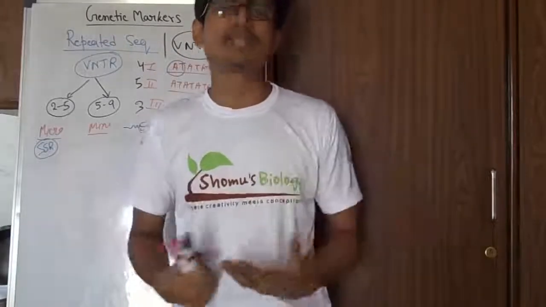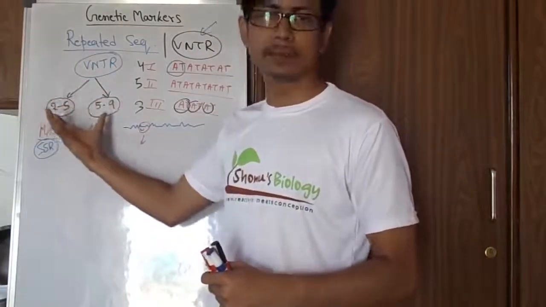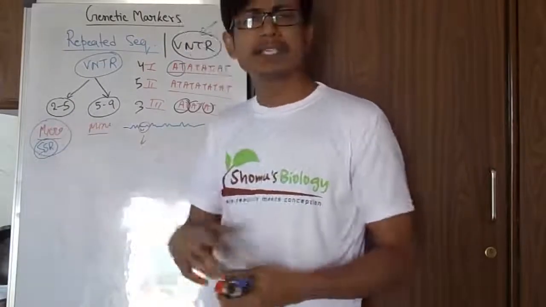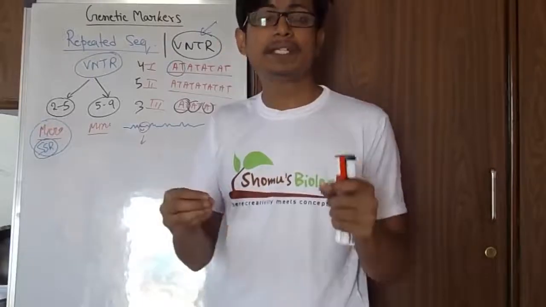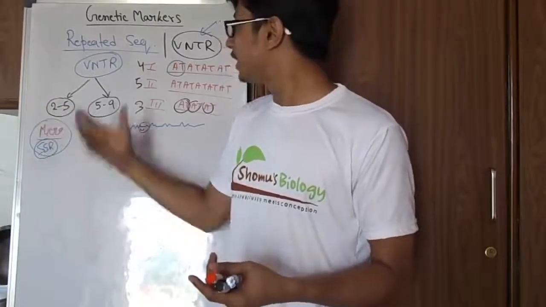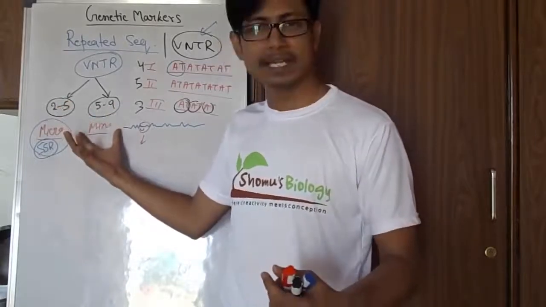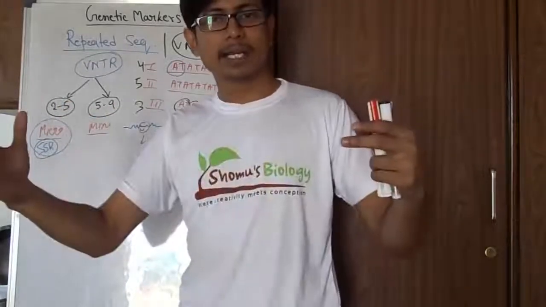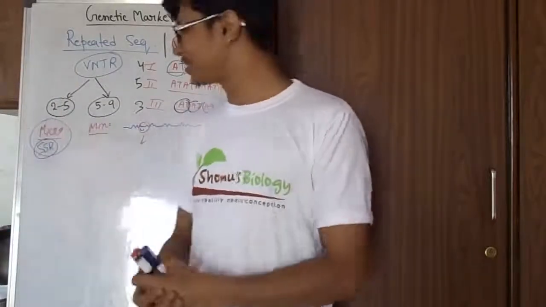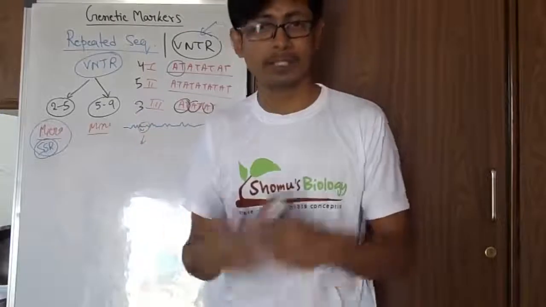Now there are multiple types of VNTR available. If we divide VNTR, there are two different types of VNTR sequence that we get in the genome. One is called microsatellites. Microsatellites are also variable number tandem repeats, but the repeat sequence will be only 2 to 5 base pairs long. In the other type, repeats more than 5 base pairs long may also be found, and we call them minisatellites. So minisatellites are longer DNA repeated elements, longer VNTRs compared with the microsatellites. So that's what belongs to the VNTR.